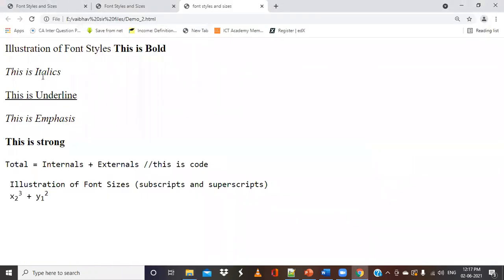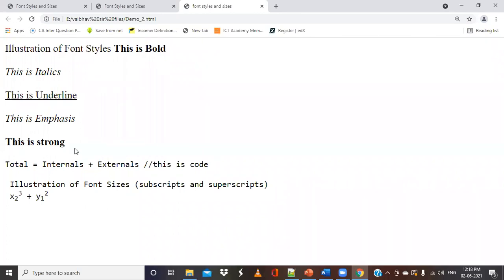Okay, so this is italics, the font style we are using appears in italics. For this you will give the underline. Okay, so this is the underline. This is emphasize. It looks similar to italics, but slightly different.